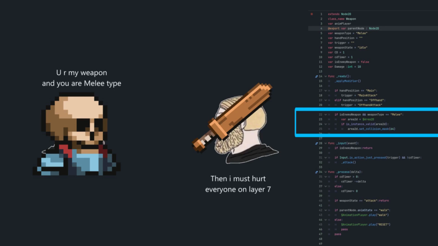If the weapon is an enemy's weapon, it belongs to the enemy and its type is melee, like dagger or sword, we're going to access our Area2D and set the collision mask to 64, which is layer 7.